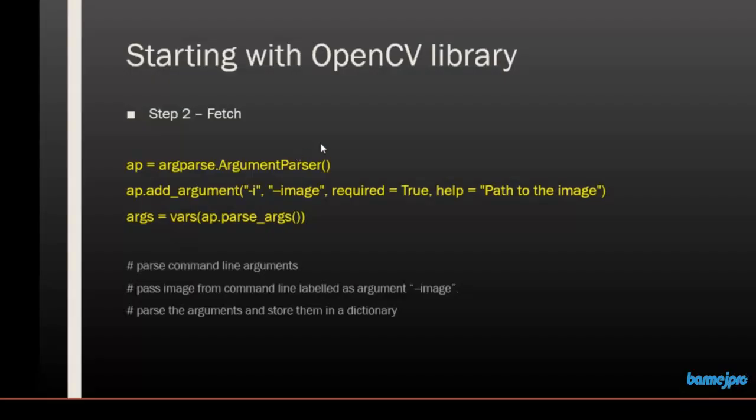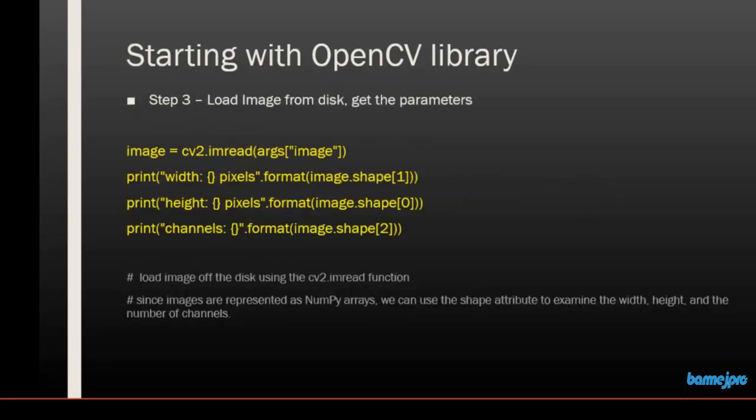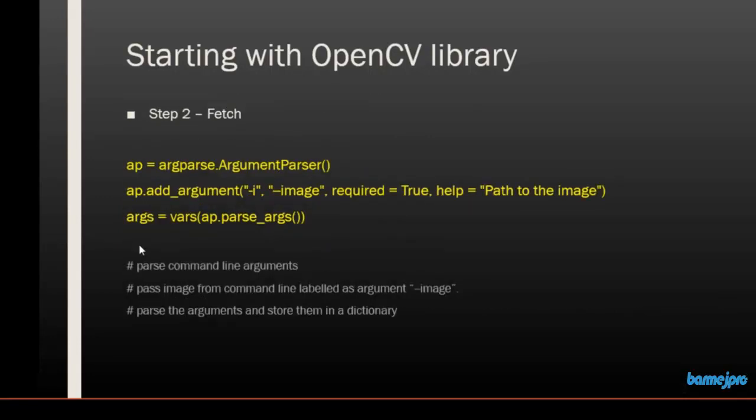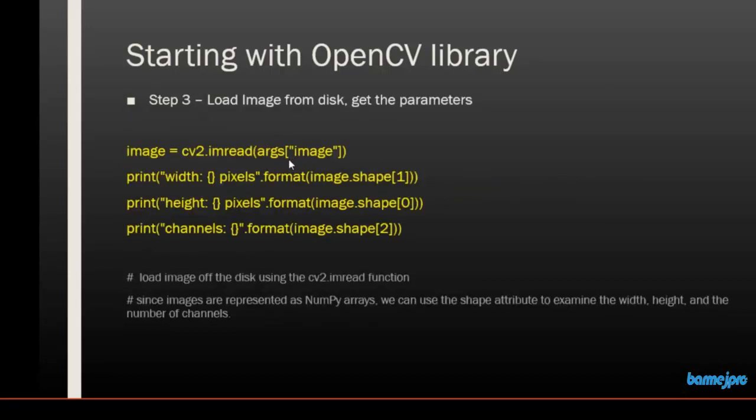So our second step is over, and in the third step we are reading the image from the provided path. For example, the user provided the path here, something like home, my images, something.png, then that path will be here, and we are passing that path into the imread function, which is actually an OpenCV function, and this imread will convert the image into numpy arrays. So we have the converted numpy array image in this variable, the image object,